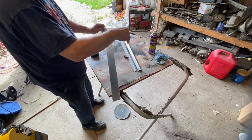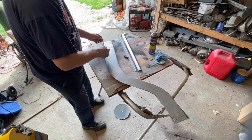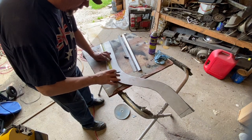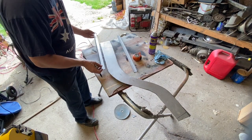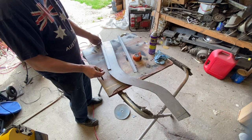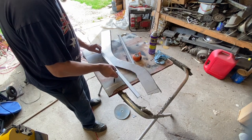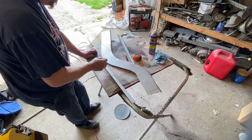Of course, I'm on the wrong side. Not that it matters, but I like to try to think of these frame rails, how they're actually going to be assembled. So this piece here, our 3/4 inch flange will be on the bottom, like so. Okay, so of course this actually goes from here up and around, which is why we're doing all the shrinking and the stretching. So if we lay this out, we kind of get a ballpark on the idea that we